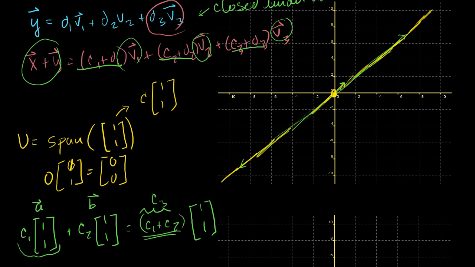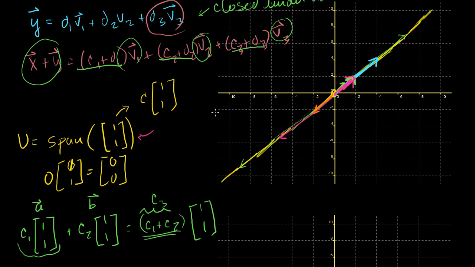And if you just do it visually, if I take this vector right there, and I were to add it to this vector, if you put them head to tails, you would end up with this vector right there in green. I don't know if you can see it. Maybe I'll do it in red right there. You will end up with that vector. And you could do that. Any vector plus any other vector on this line is going to equal another vector on this line. Any vector on this line multiplied by some scalar is just going to be another vector on this line. So you're closed under multiplication, you're closed under addition, and you include the 0 vector. So even this trivially simple span